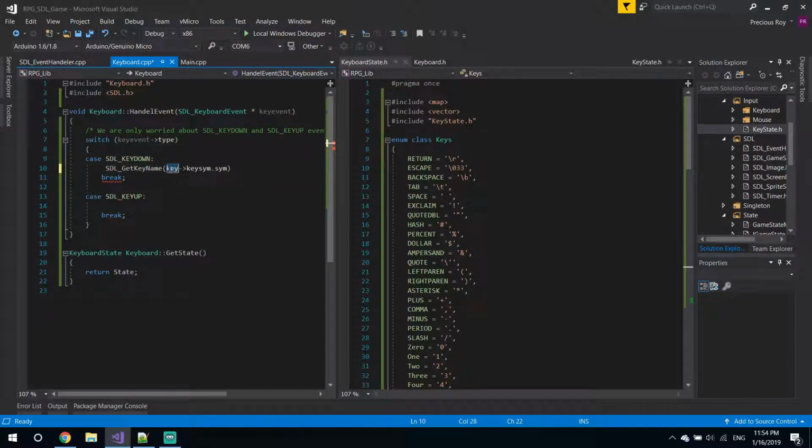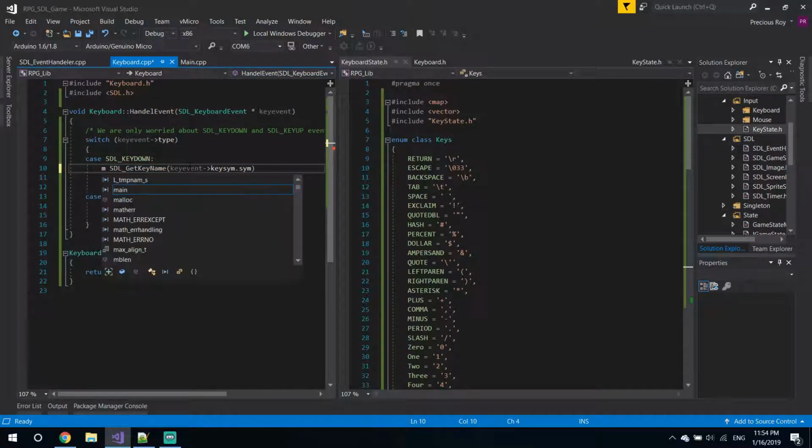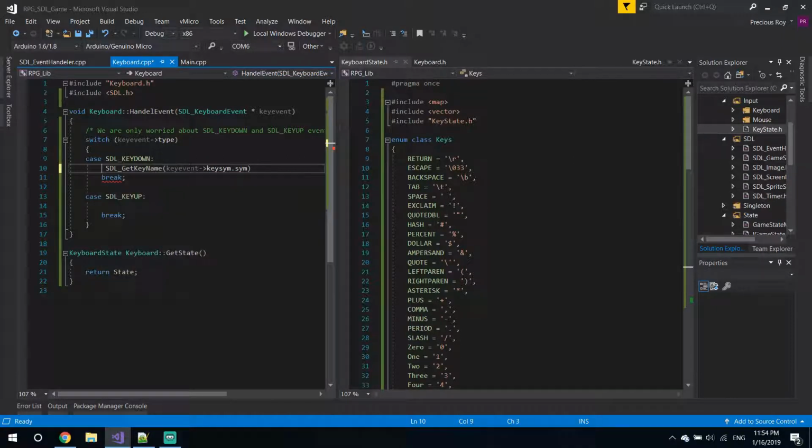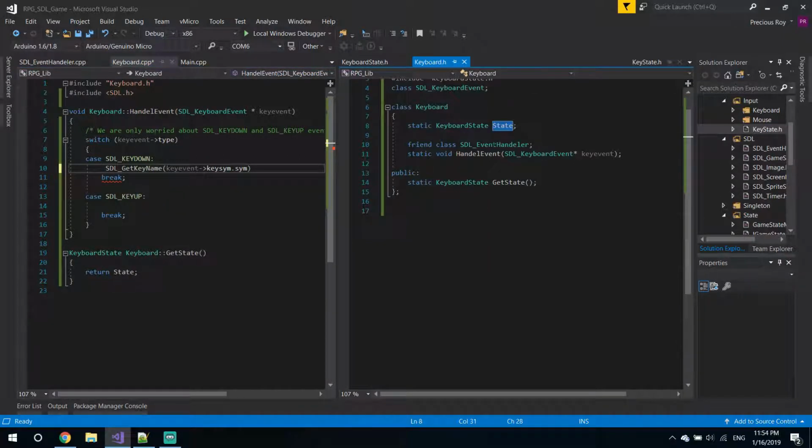So this would be that. Okay. And then we would do something like m_state. Is it not called state? Oh. Now it is. There we go. So we do something like m_state